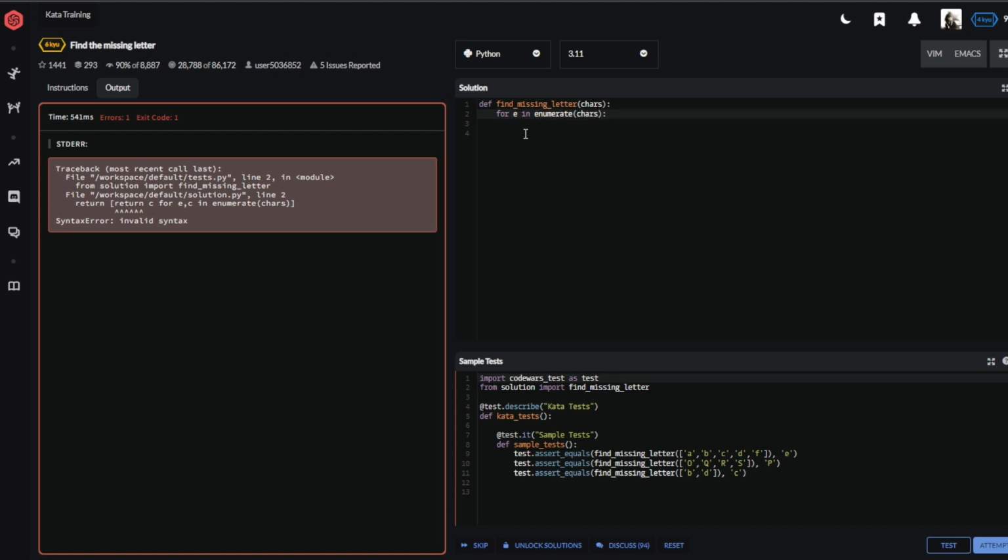Oh no, in this direction. If C doesn't equal order of first plus E,